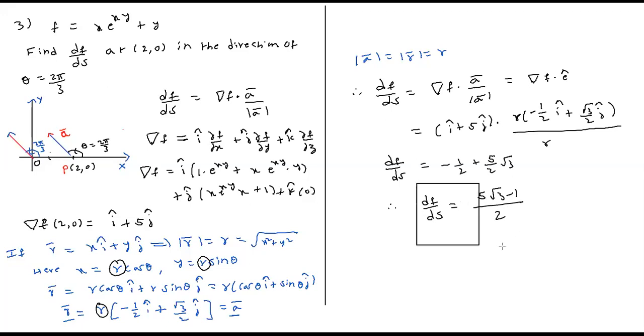So in all these three problems, if you want to find out the directional derivative, what you require is a scalar function and a direction. Sometimes direction may not be given in the problem, and you may have to identify the direction with the data given in the problem. Is this clear to all of you? Yes, sir. Okay, so this is nothing but r bar, this is nothing but a bar. Okay, r bar and a bar are same. I can move one vector from one place to another place without changing its magnitude and direction.